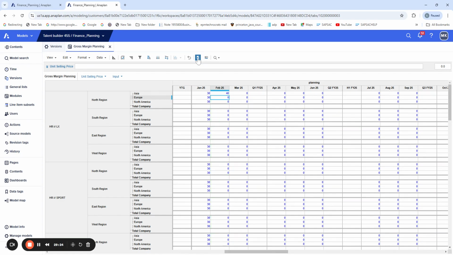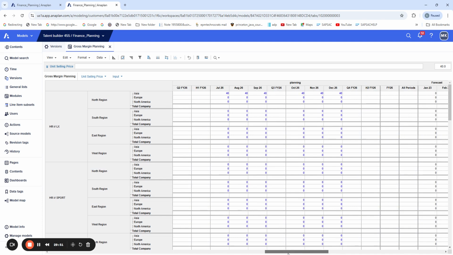Once you click on it, values are copied from up to down. In the same way, you can copy your value horizontally also: copy the current value across the same row. If you click on it, you can copy your values